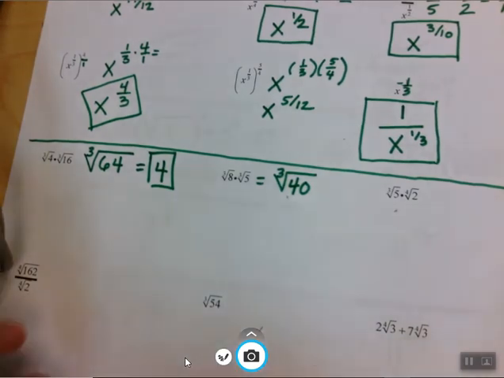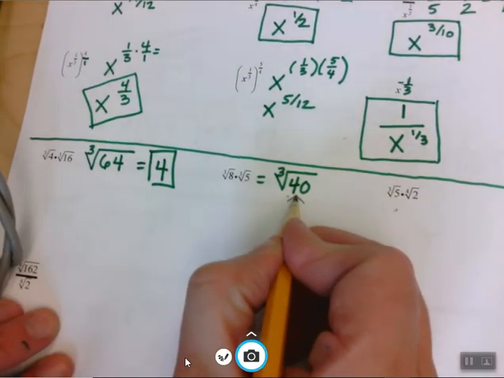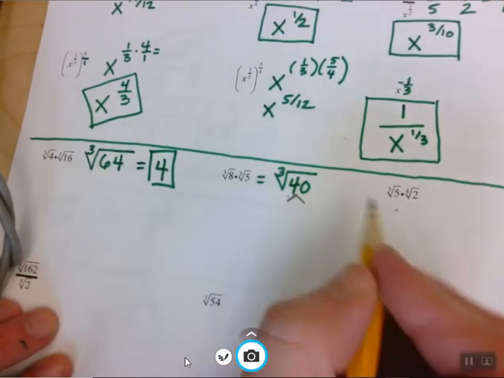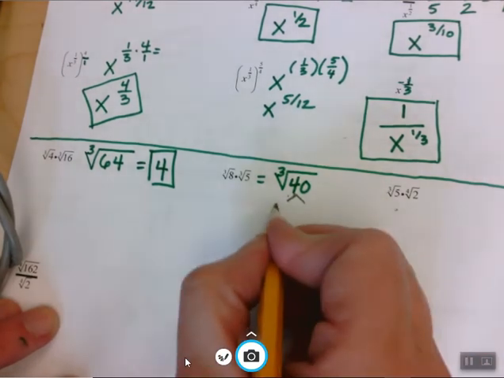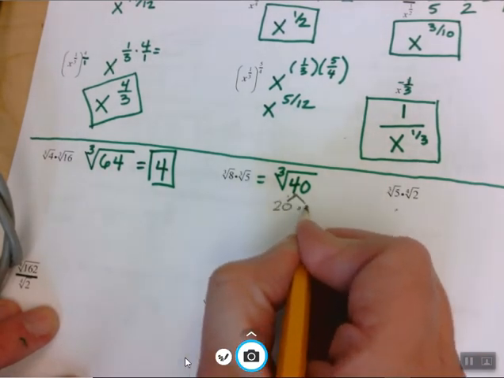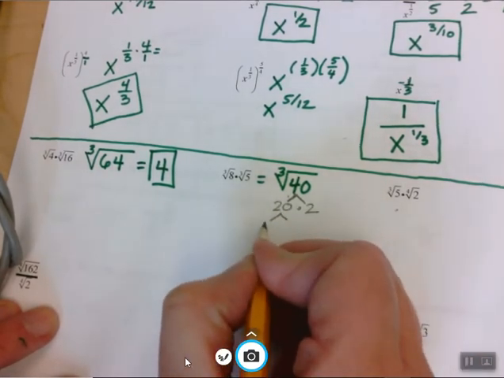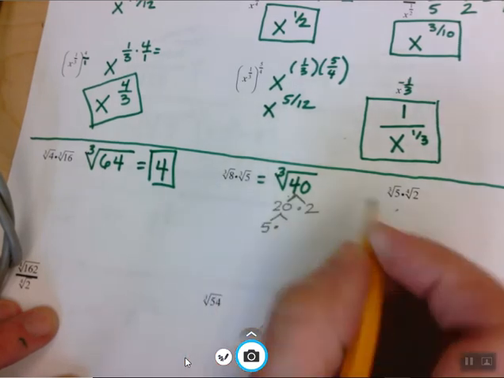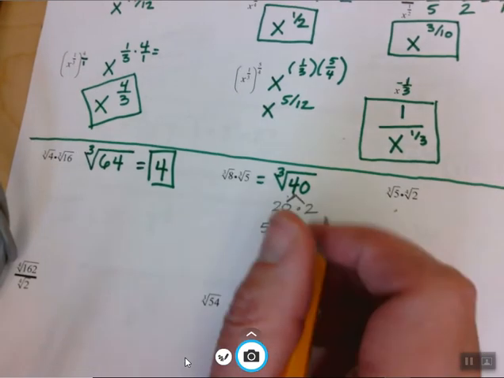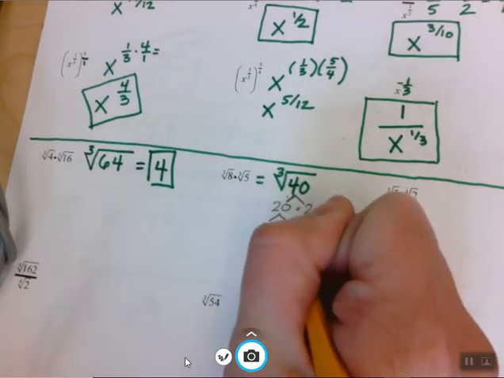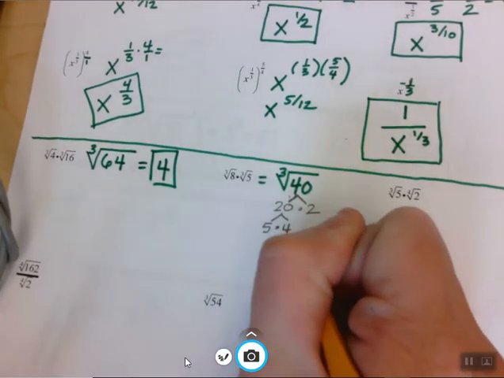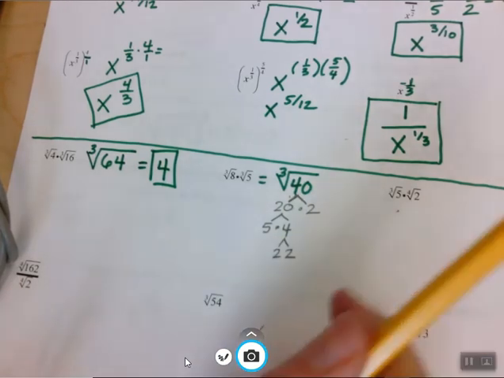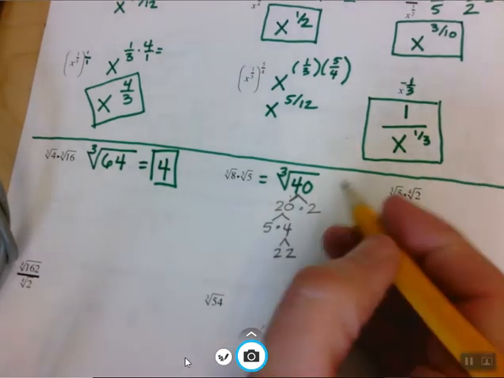Factor tree. Any two numbers that make 40, what do we get? 20 and 2 will work. You can choose different, though. You don't have to do the same ones. Oh, you wanted to do 5 and 8 to start with. Yes, you could have done that. I'm going to do 5 and 4 right now, though. And then I'm going to do 2 and 2. So your factor tree doesn't have to look the same as mine, but at the bottom we've got 2, 2,